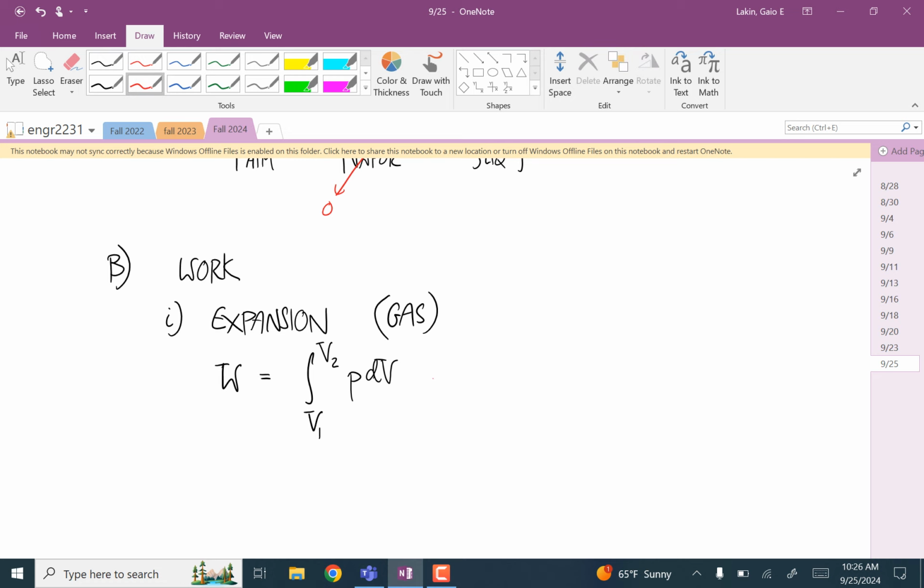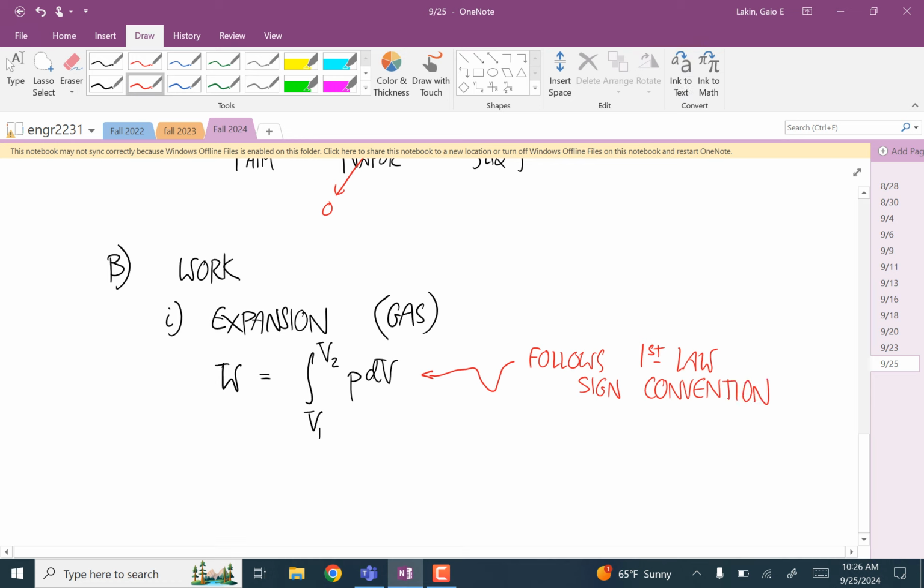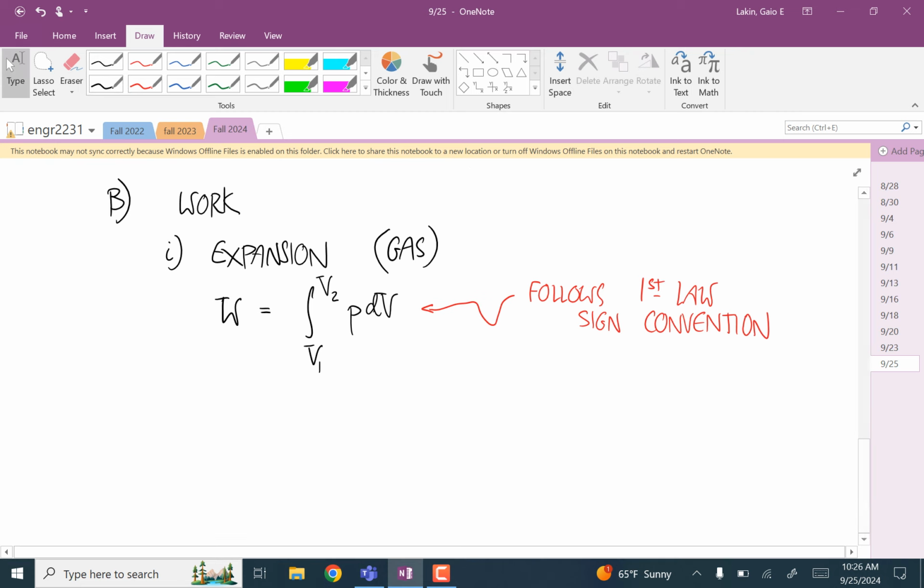And remember that this follows the first law sign convention. So the sign that you get from this, you can plug right into the first law always. In order to use this, so to compute this integral,